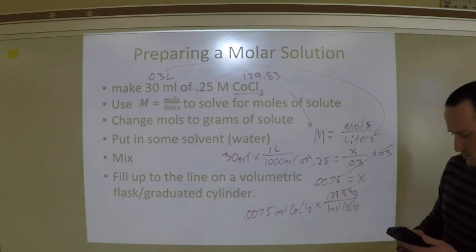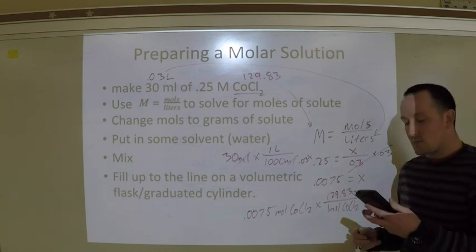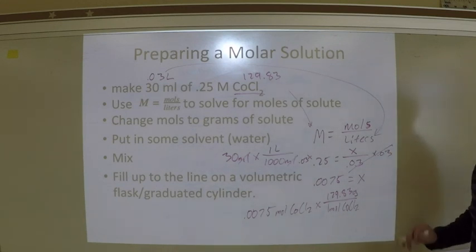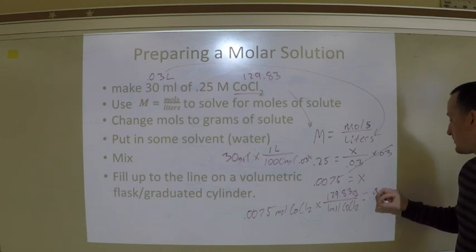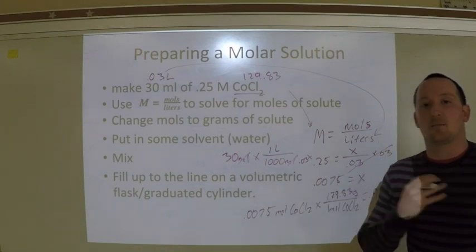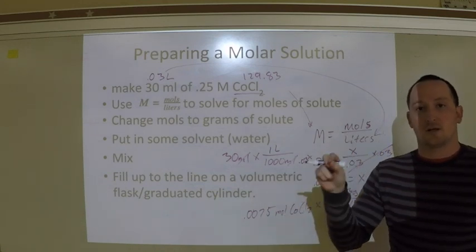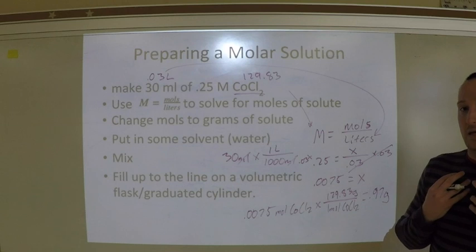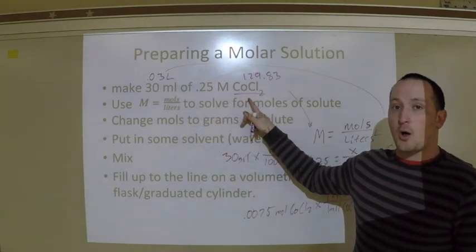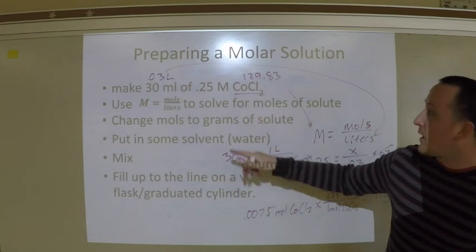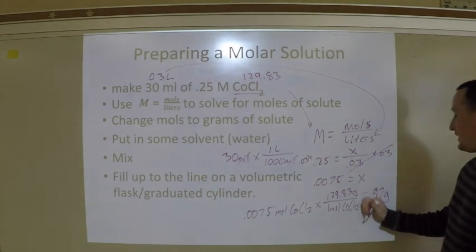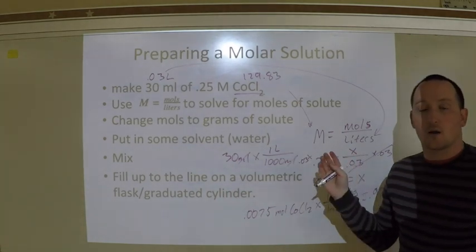and that gives me 0.97. Okay? So, here's what that means. That is how many grams I am going to need to put in my solution. If I want to make a 0.25 molar cobalt(II) chloride solution, and I need it to be 30 milliliters in volume, I'm going to take this many grams of cobalt(II) chloride, I'm going to measure it